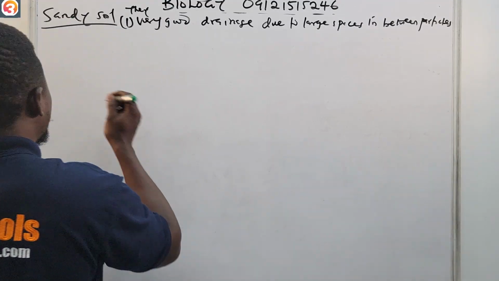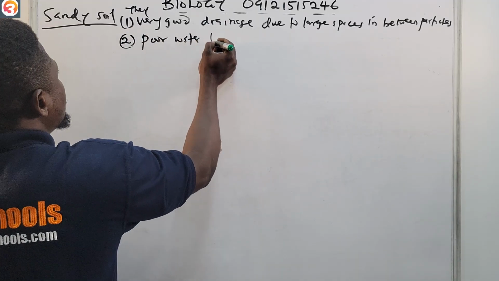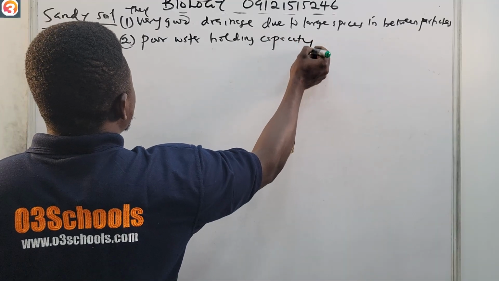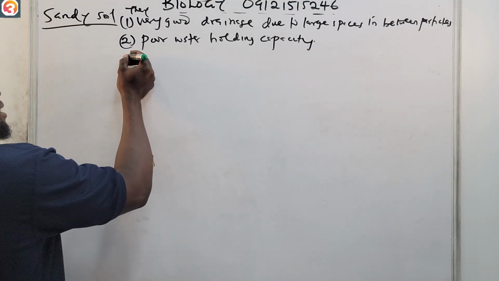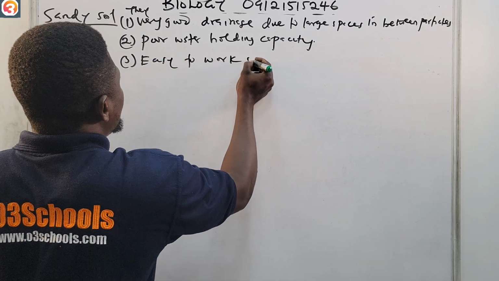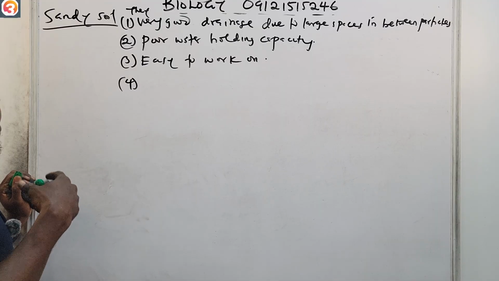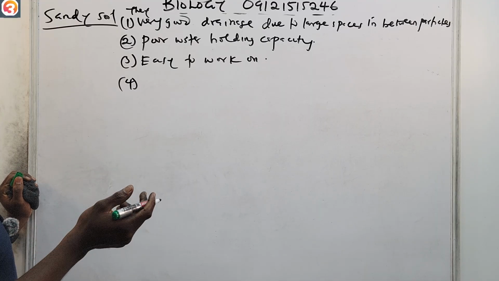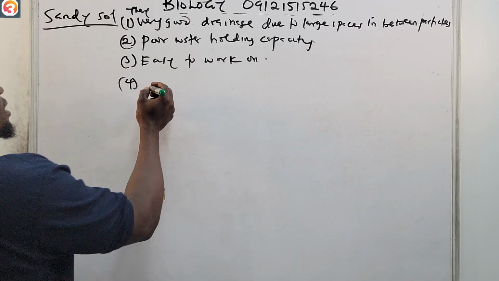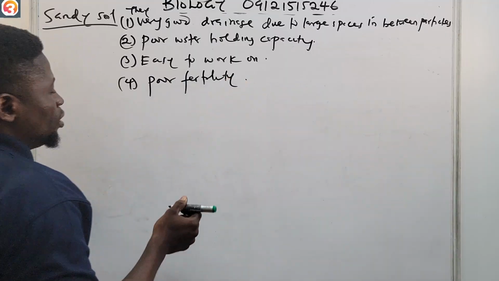Then number two, they have a poor water holding capacity. But on the bright side, like I said, they are easy to work on. Then number four, since all of the nutrients have been washed away easily, they have very poor fertility, due to rapid